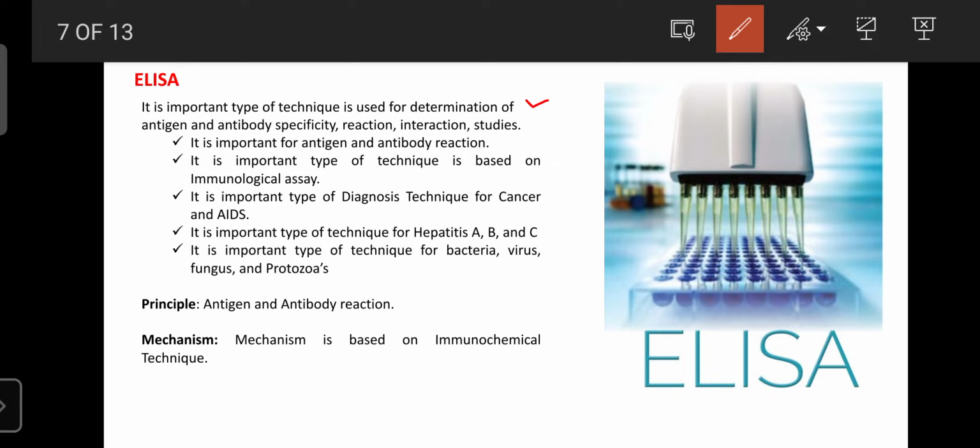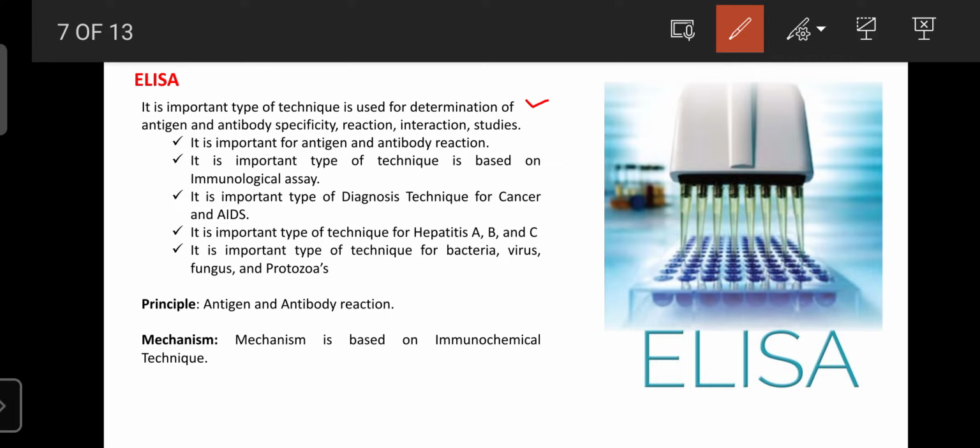So in the immunoelectrophoresis, I already told that in the end point we are using antibodies for targeting that antigen. How do they choose those antibodies? On the basis of the antigen-antibody specificity. That antigen specificity is determined or detected by the ELISA. With the help of the ELISA, we can identify which antibody is required for targeting the antigen molecules. Then only can it form the complex. That complex can be helpful for the diagnosis of disease.